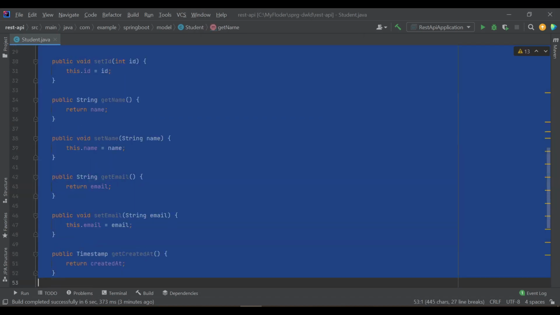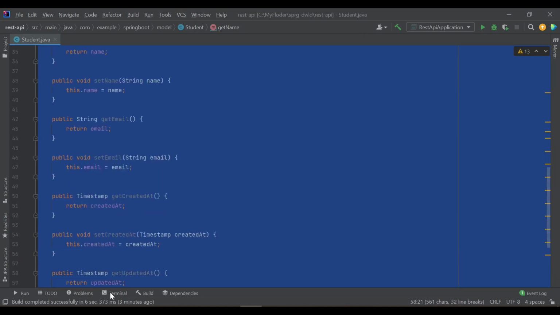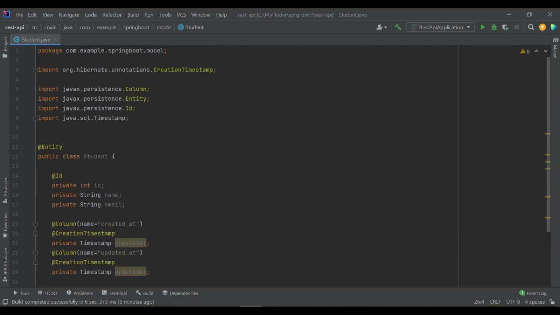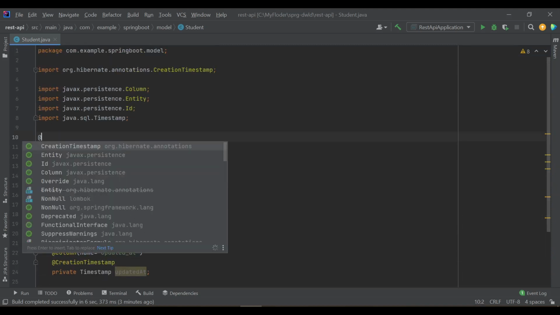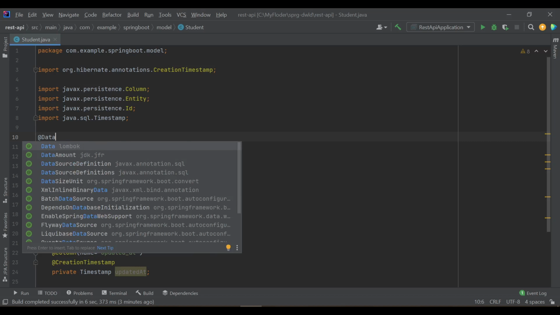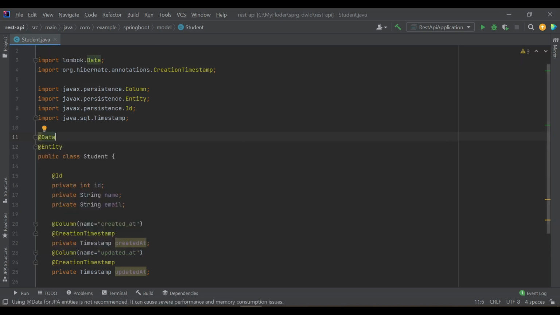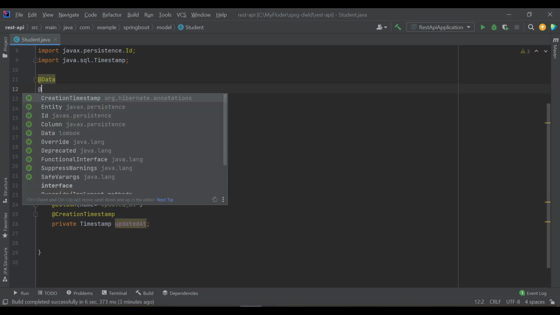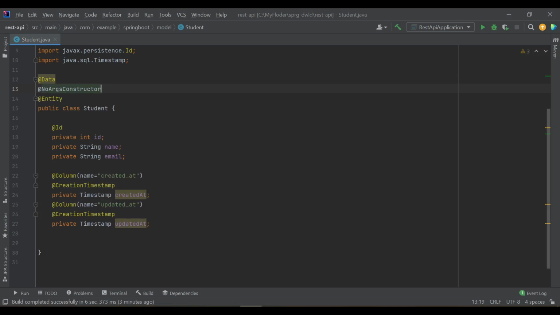I don't want to use this, so it will be generated by Lombok. That's why we are using Lombok. From Lombok, I will use the Data annotation. It will create all the getters and setters, and I want a no-args constructor as well. When you are dealing with an entity class, it should have a no-args constructor when you are doing operations inside the database.